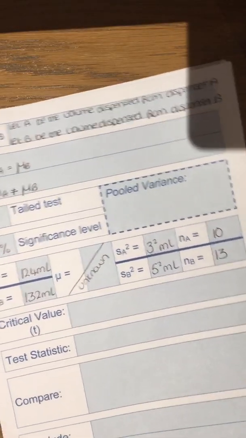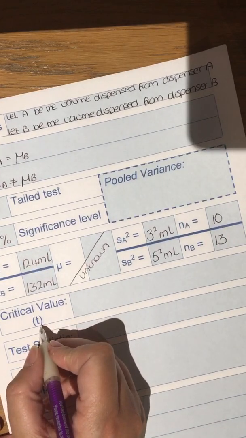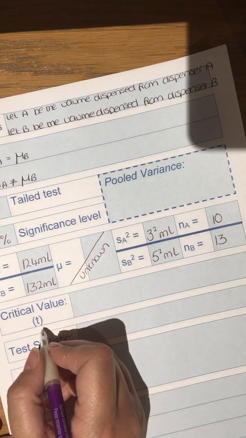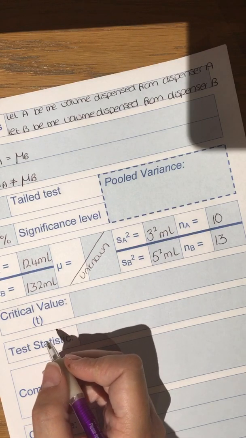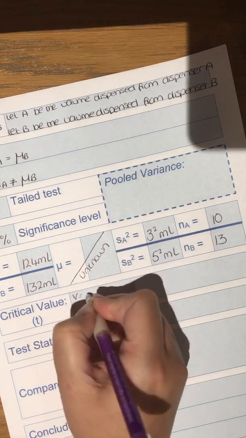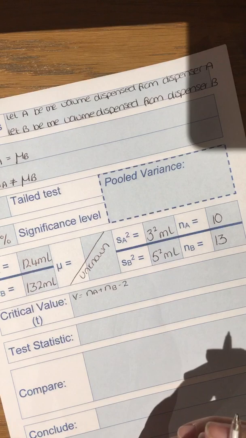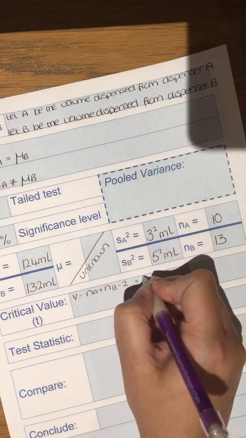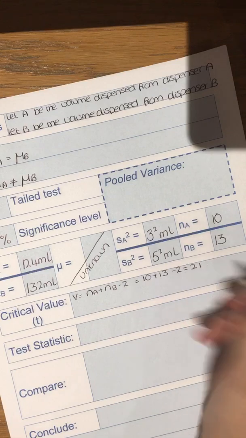From here on in, however, I need to do a little bit more work. So the critical value needs to be a t value. We haven't really looked into degrees of freedom much for this hypothesis test. I did point out that on your pooled variance, the denominator of that formula is your degrees of freedom, where V is NA plus NB minus 2, which is the same as this take away 1 and this take away 1 added together. So for this question, it is 10 add 13 take away 2, give me 21,